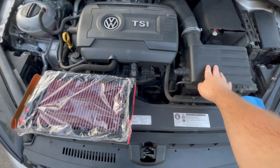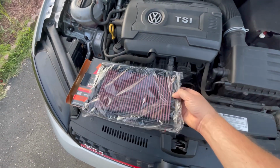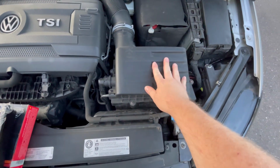Today we're doing the air filter for the engine. This is a K&N drop-in air filter. What's needed for today's actions and video: